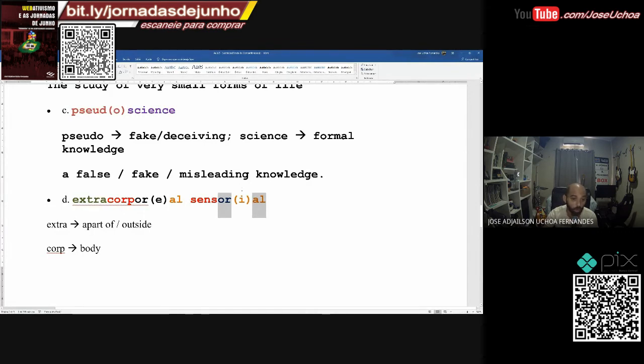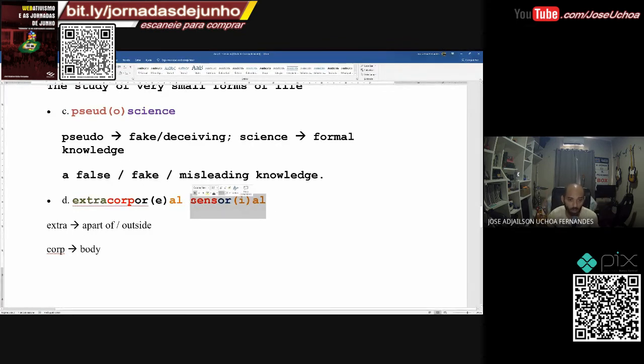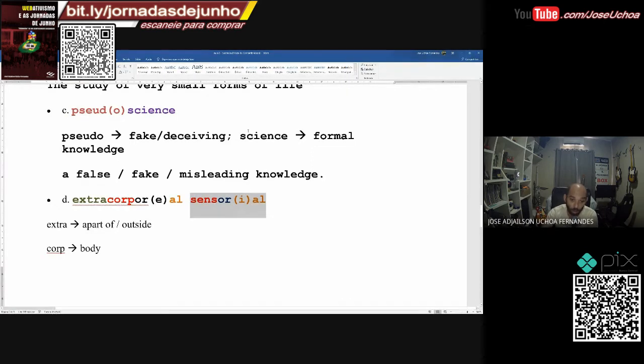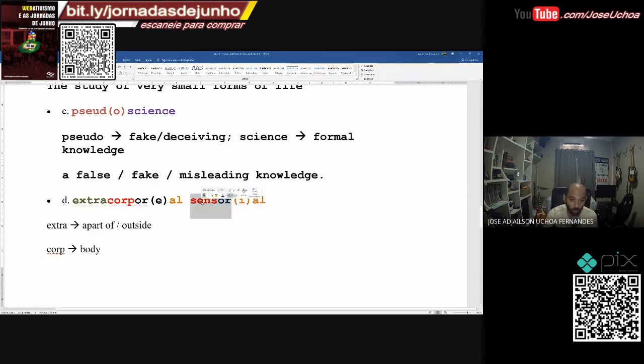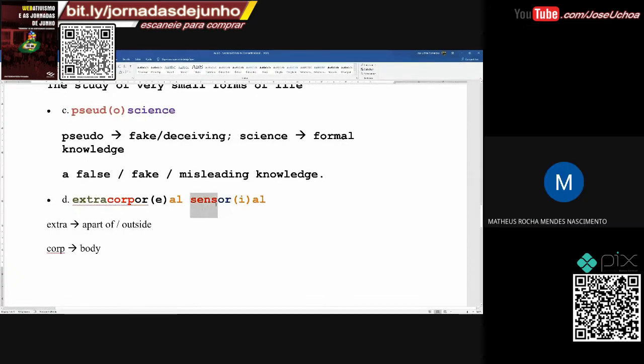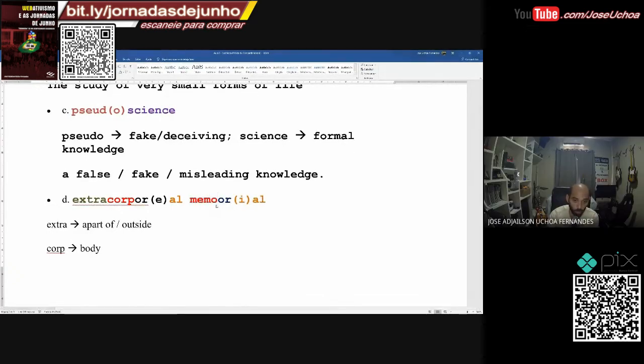Sensorial, corporeal. Can you think of other adjectives that rhyme with this? Territorial. Let's work with territorial. Memorial. Here we have mem. Well, you could say this is part of the root because the root is memory, so we drop the y and stick to memor. But when you get territorial,